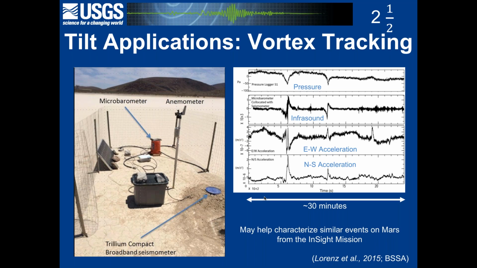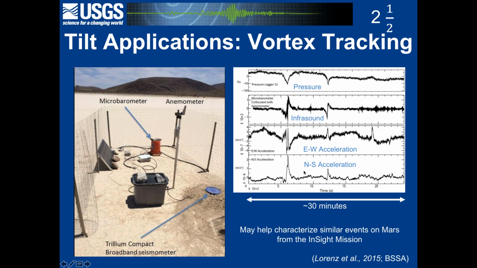a tilt meter. This is an interesting application in the California desert, where they're looking at the passage of dust devils, little vortexes, using tilt on the seismometers. So there's a co-located Trillium Compact. There's a wind speed anemometer. There's a pressure sensor. And so here you get these drops in pressure, which suggest that you have a vortex passing. At the same time, you see an infrasound signal. And then you get this tilt